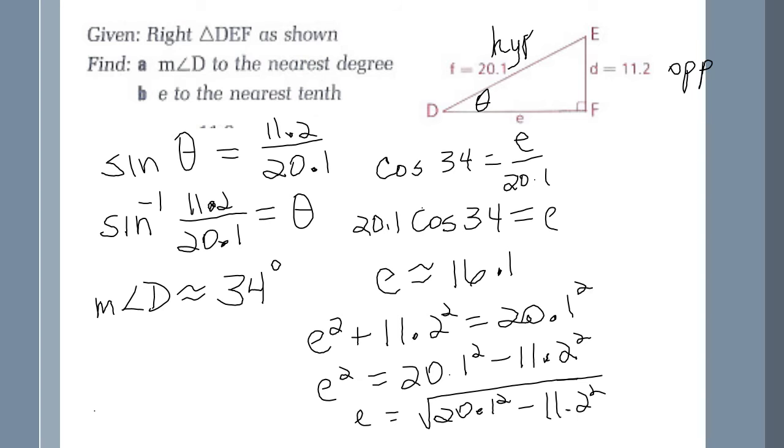So I'm going to plug all that into my handy dandy calculator and just hit the button one time and be done with it. So square root of 20.1 squared minus the square root of 11.2 squared, and I hit enter here, and I got